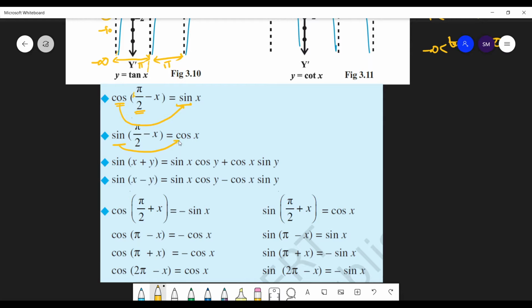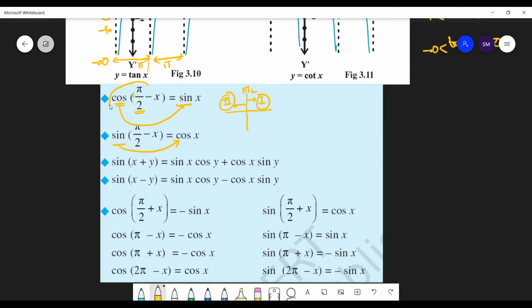It doesn't matter whether here it has plus or minus. So what is the meaning of this plus minus? This plus minus will tell you the quadrant. If it is pi by 2, 90 degree, and you are subtracting some angle, you will be moving to the first quadrant. If you are adding, you will be moving to the second quadrant. So the sign tells you the quadrant you move to.